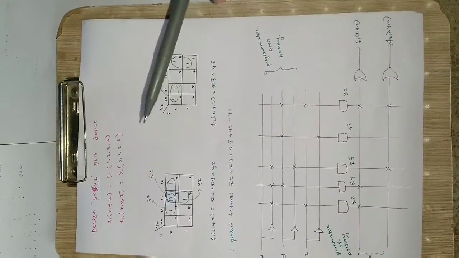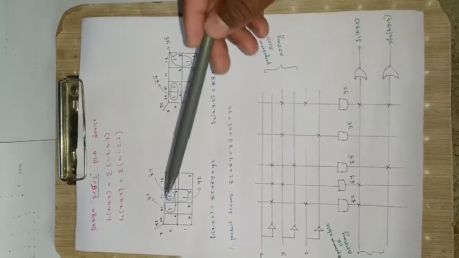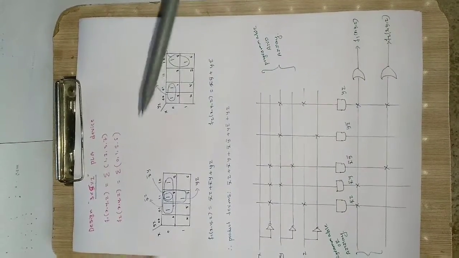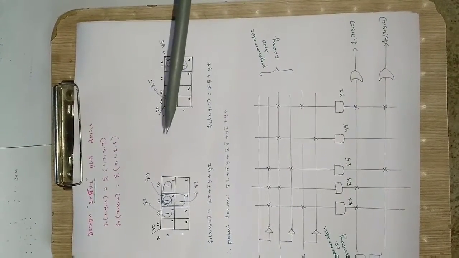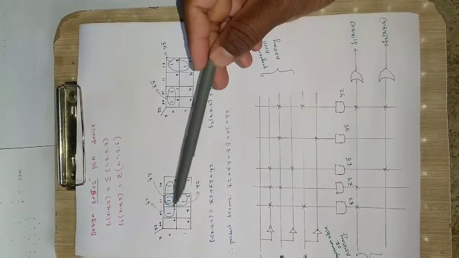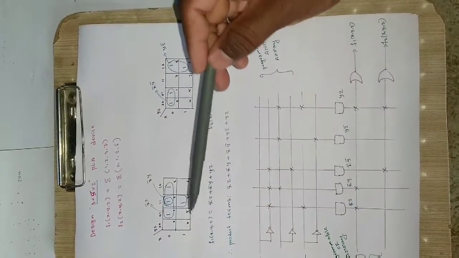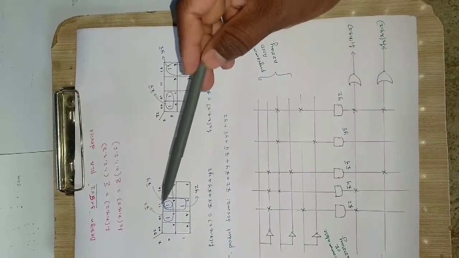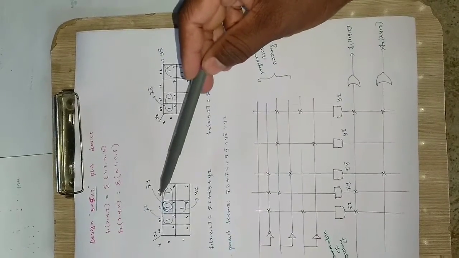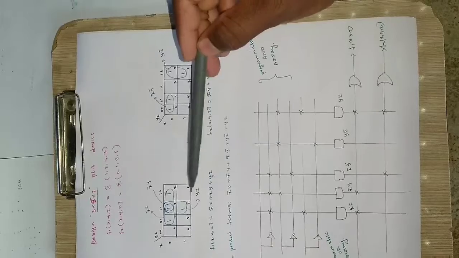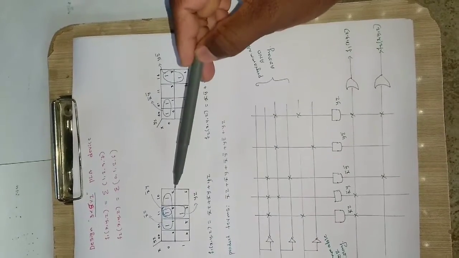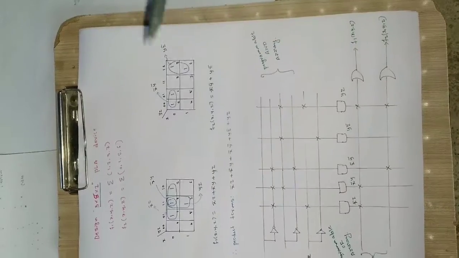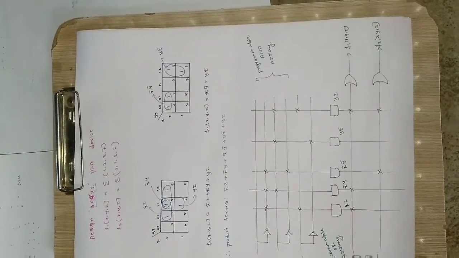So how can I do that? With the help of K-map, of course. So x as 0, 1 and y, z along the other axis. You already know this K-map simplification, but I will give a quick glance at how to solve it. Mark the cells 0, 1, 2, 3, 4, 5, 6, 7. Due to the Gray code, I have to write 00, 01, then 11, then 10. So similarly here I write 0, 1, 2 first, then 3, then 4, 5, 6 on the second row, and 7 here. That's basically due to the Gray code.